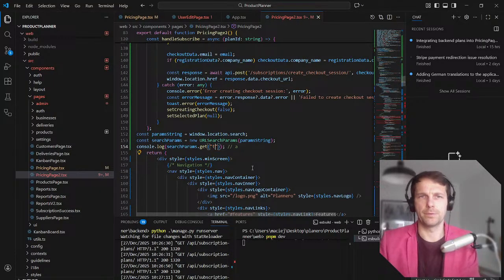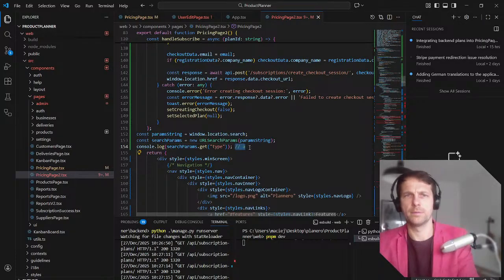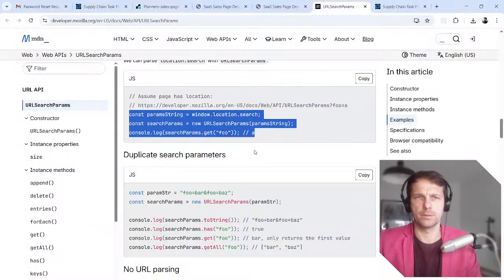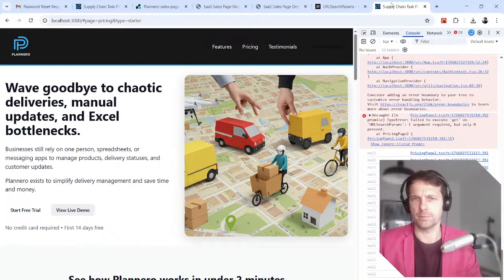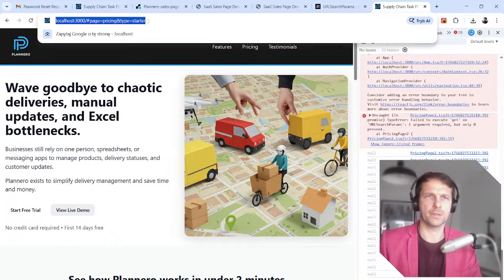And type. Yeah, this should work. Let's see if it's finding my type. No, it's not finding my type for some reason.